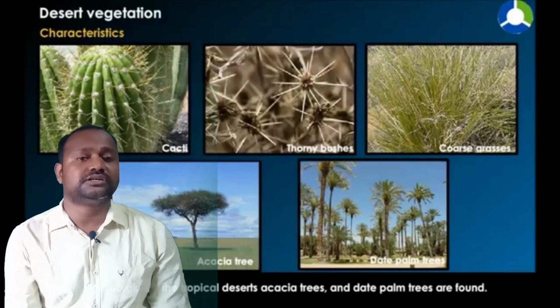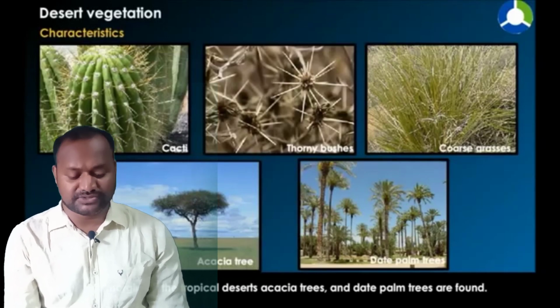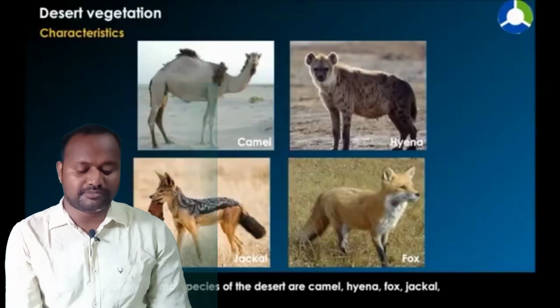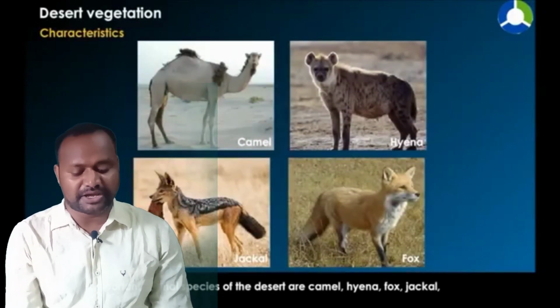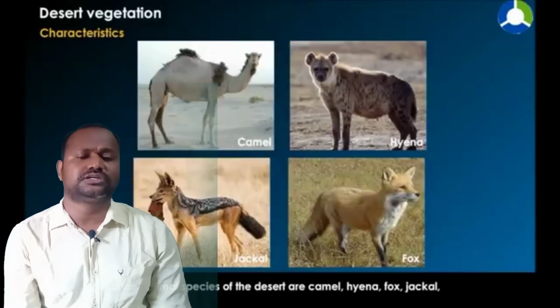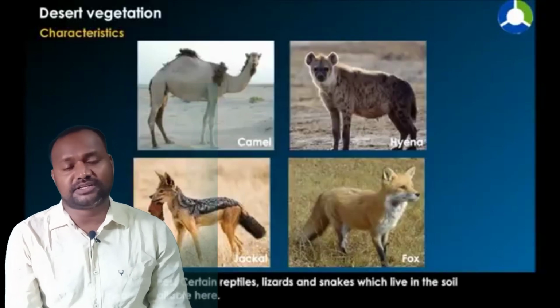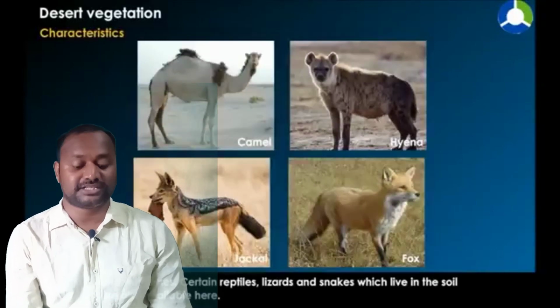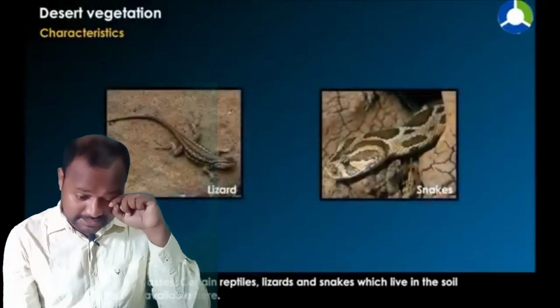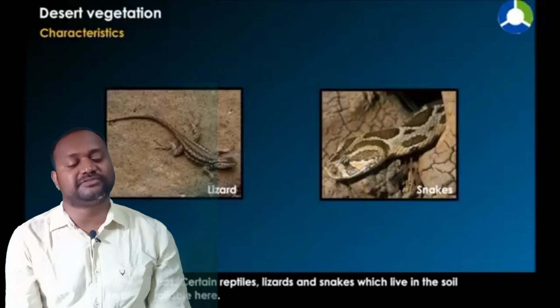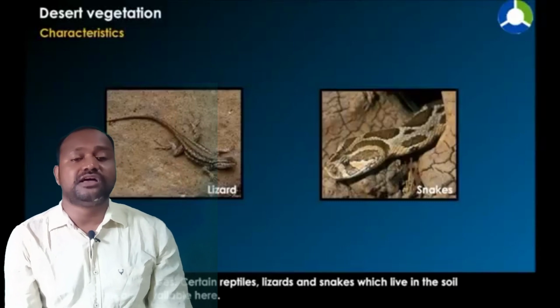Some examples of the plants which are found in this region are cactus, acacia, prickly pear, brittlebush, and creosote bush. These are some examples of vegetation found in this region. Some examples of deserts are the Sahara Desert, Kalahari Desert, Atacama Desert, Arabian Desert, and Thar Desert. These are some deserts where we find such vegetation.